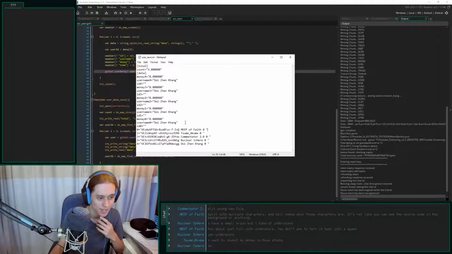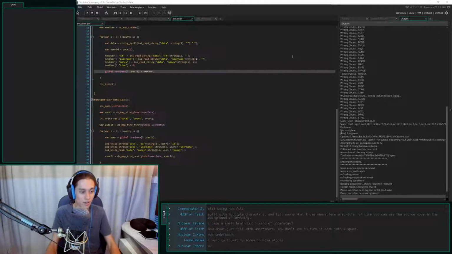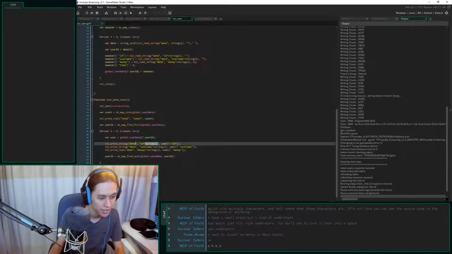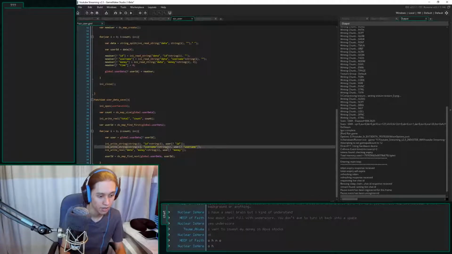What is this? It's supposed to look like ID. Oh no. Oh, you know what I can do? I got it. Instead of data, I can use this. I can split it into sections so it still looks pretty. String I, string I, string I.